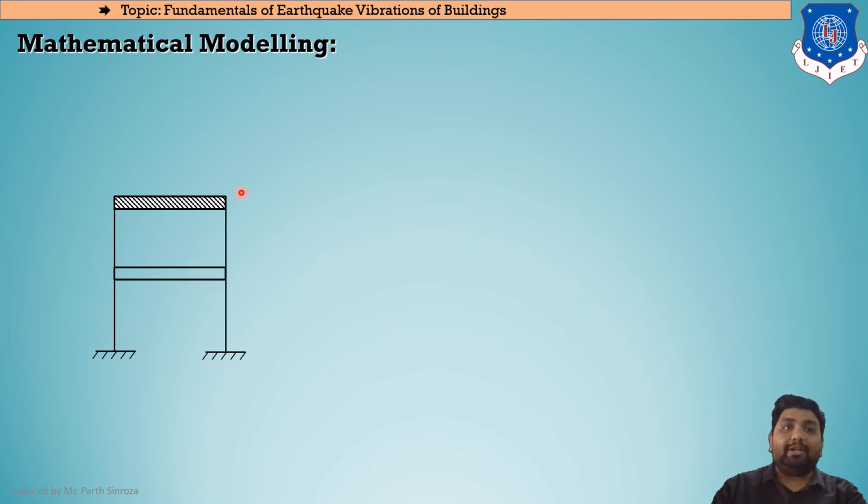Clear? The mass is located only in this layer, as we can see here. So now assuming the mass here to be m, assuming the stiffness of both these columns to be K1, and the stiffness of both these columns to be K2. K1 will be equal to 2, it is given in this question itself. K2 will be equal to 1, it is again given in the question itself. So this is the system that we will be dealing with.